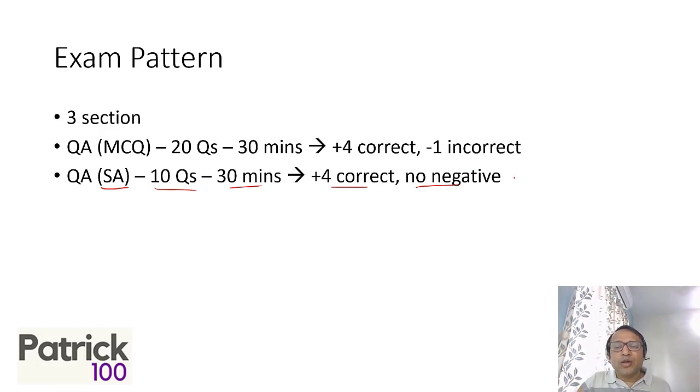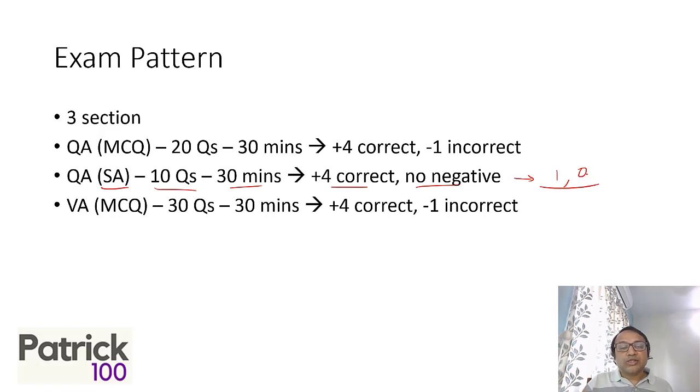Because there is no negative mark, you can mark 1 or 0 in the end for a question that you have not solved. Remember, 10 questions in 30 minutes is normally a lot of time. You should be able to solve a lot of questions. There could be 3 to 4 questions where you may not get the answer. In that case, you can mark 1 or 0.